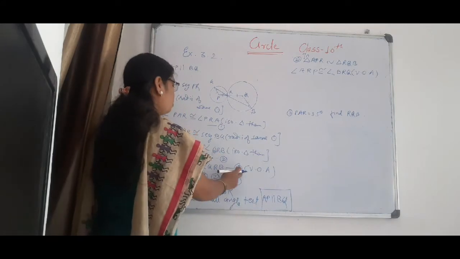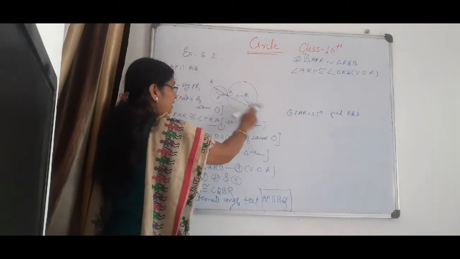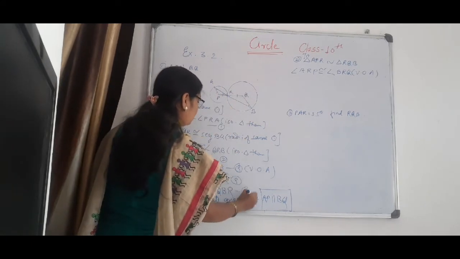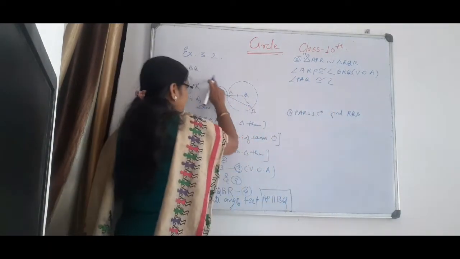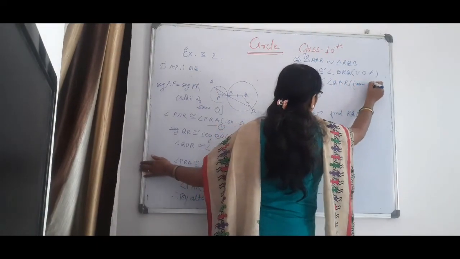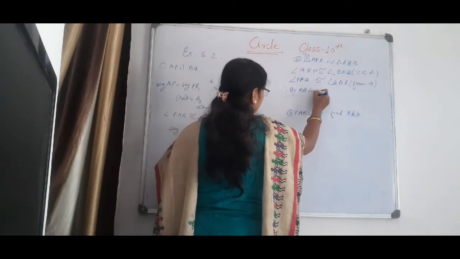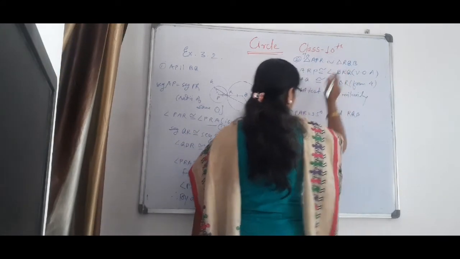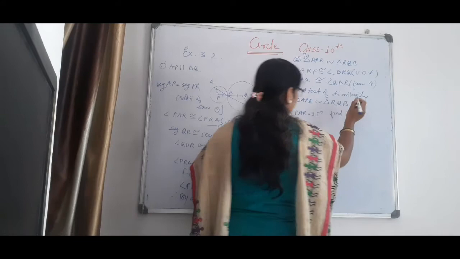And we have shown from 3, PRA is congruent to QRB. And again, these two alternate angles are also congruent. Angle PAR is congruent to QBR. It is your fourth. From 4, or you can write here alternate angles. And therefore by which test? By the AA test of similarity. You have to show that these two triangles are similar. Triangle APR is similar to triangle RQB.